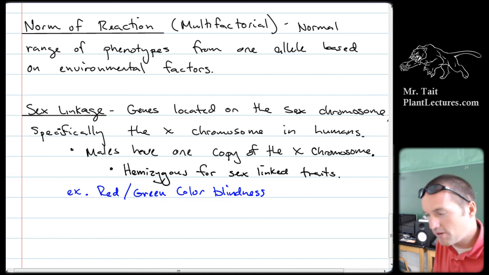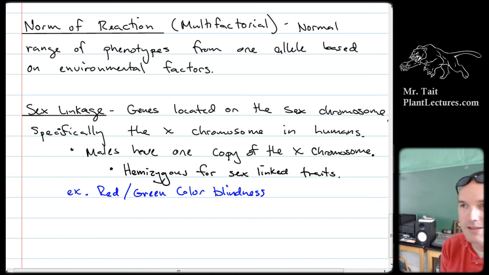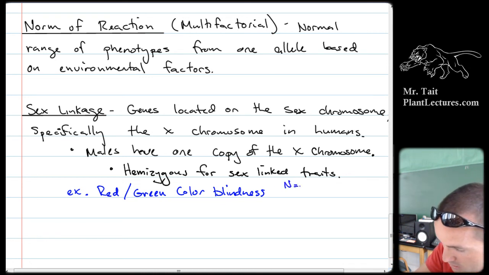I am red-green colorblind. It's very common for males to be red-green colorblind. It's also relatively common for females to be red-green colorblind, but we see it in roughly 20% more males than females. Okay? So, the question is, why does that happen? Well, if you think of red-green color blindness as having the traits either normal, so if we say N is equal to normal, or C is equal to colorblind,